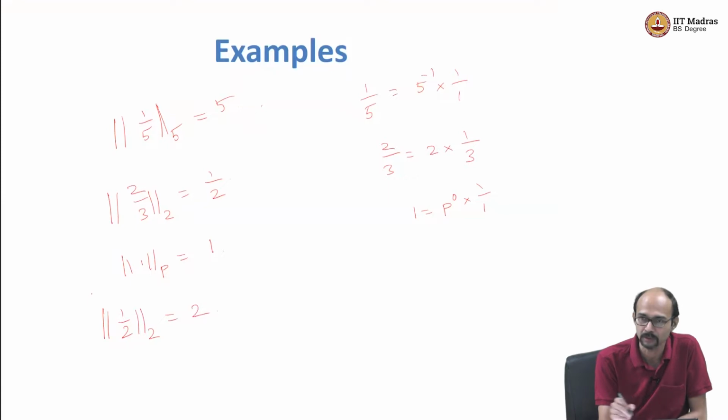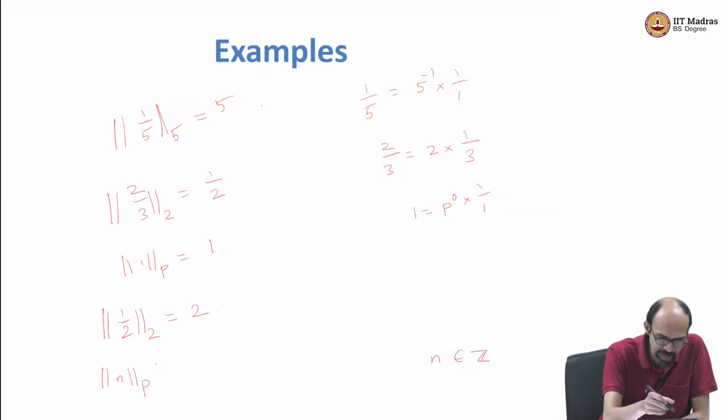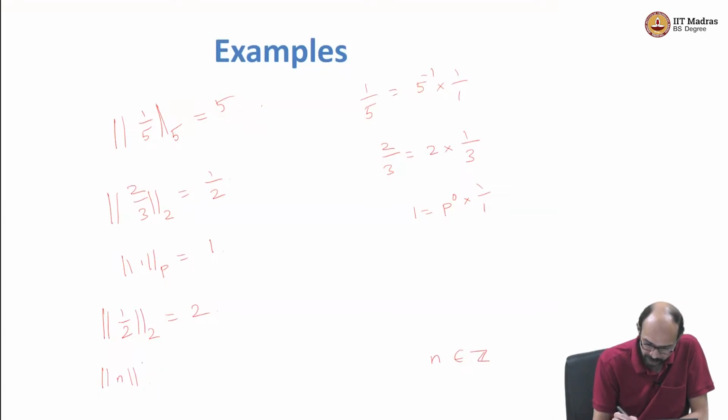So this is something you should remember for what's coming. If you take an integer, n is an integer, and its norm is... in this talk I really want to focus on 2. So let's do this with 2. Suppose I know that this norm is less than 1. This is exactly the same statement as saying that 2 divides n,